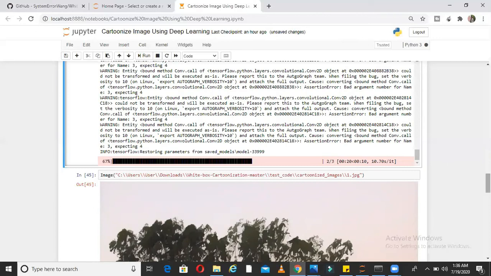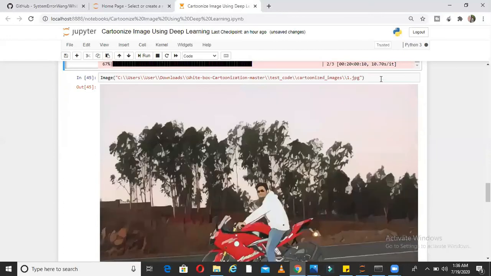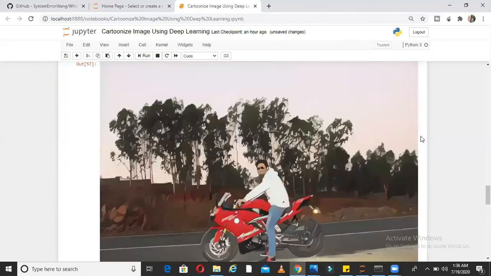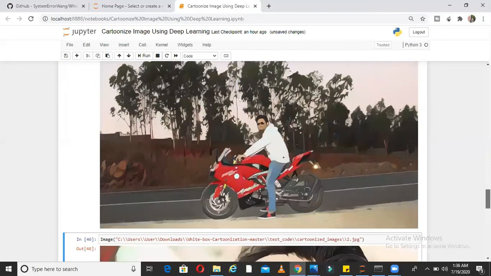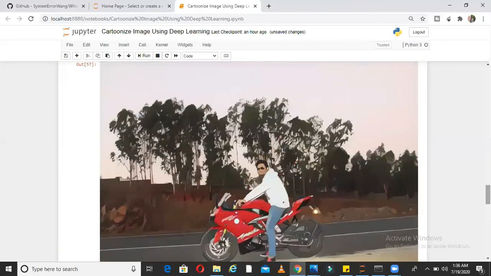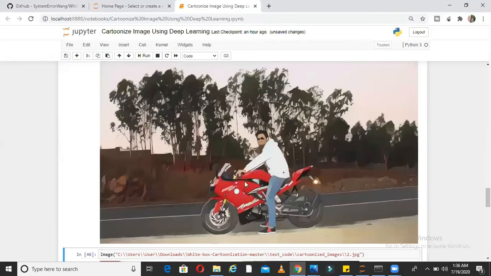So I had already run an iteration before recording this video. If you can see here, my first image, let me rerun this again for you. My first image is converting like this, okay. So you can see here it is working very nicely actually. You can see all the hands, legs, bike, everything is identified so nicely. I can just see a small issue on the face here, a mild issue. There should have been a better edge here. Otherwise it's very nice, right.